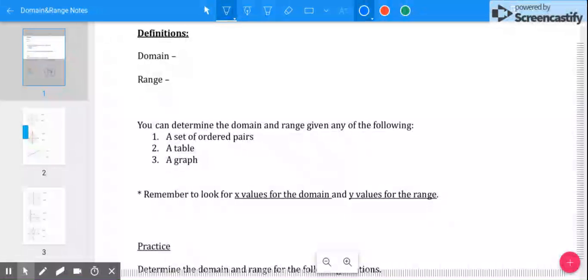Our lesson today is on domain and range. And if you recall in our function notes, we talked about input and output, which is exactly the same as domain and range. So we'll just rewrite those definitions here. The domain is the set of all x values